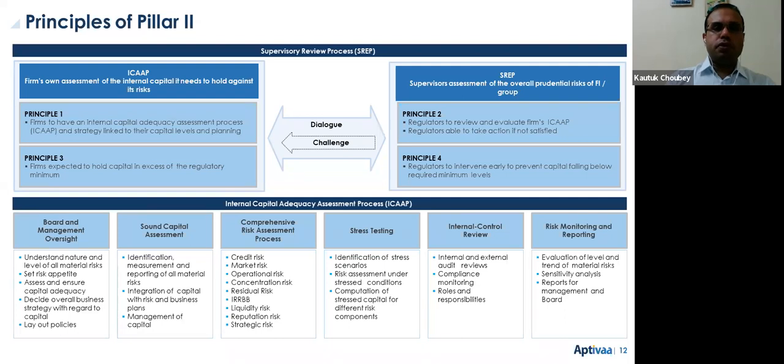So the two principles that a financial institution has to follow are that it has a capital assessment and measurement process, and then there is a process to ensure the adequacy of that process. So basically you are assessing the adequacy process that you have in place for determining how much capital to be kept. Secondly, on the other hand, the regulator ensures that the ICAAP processes within the banks are evaluated periodically,